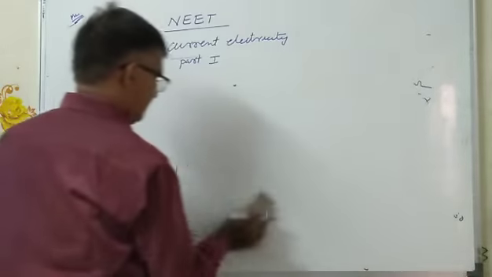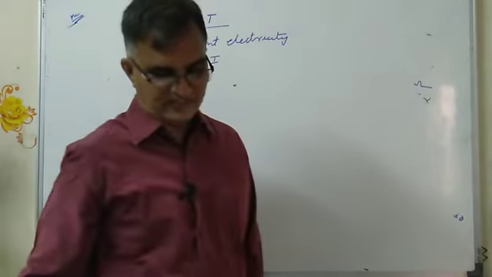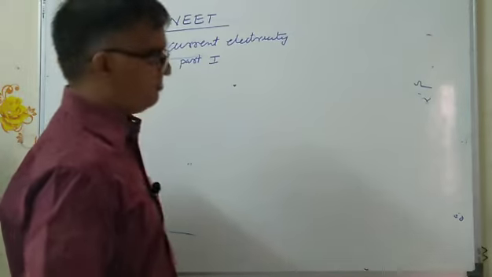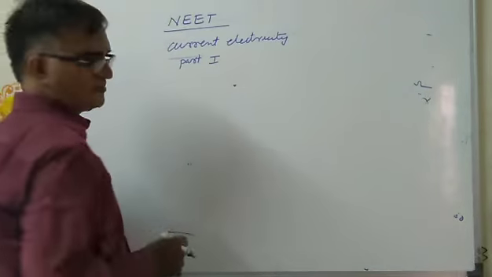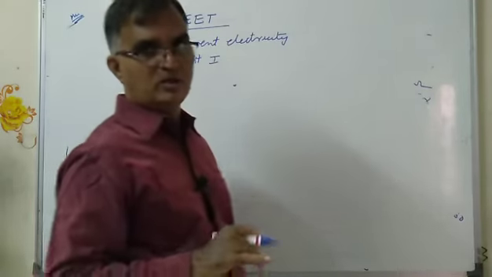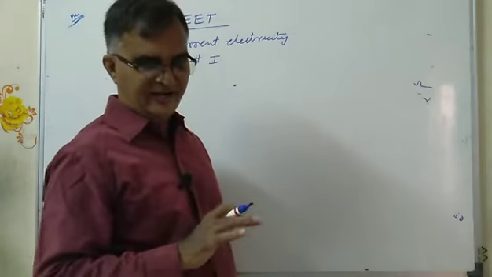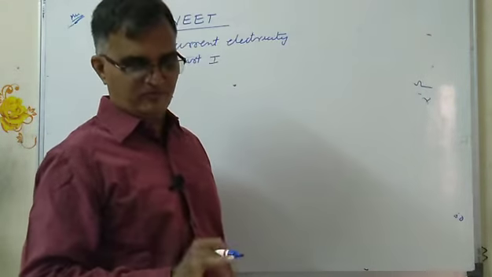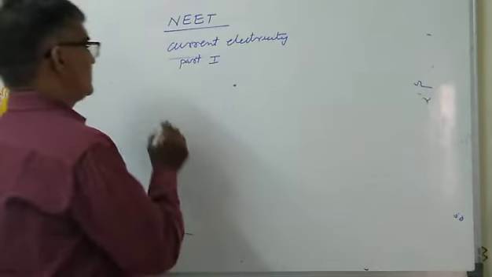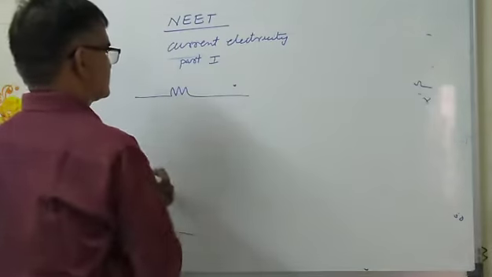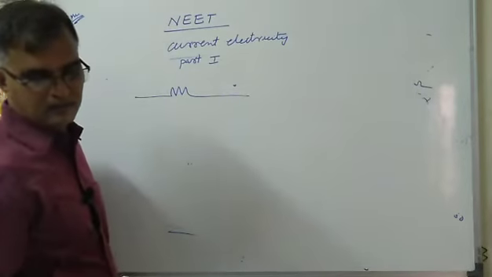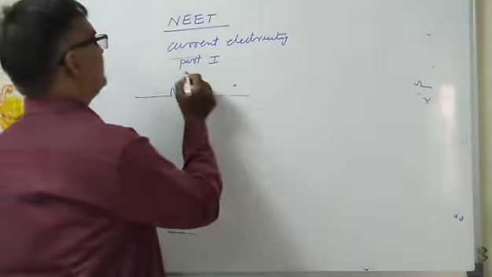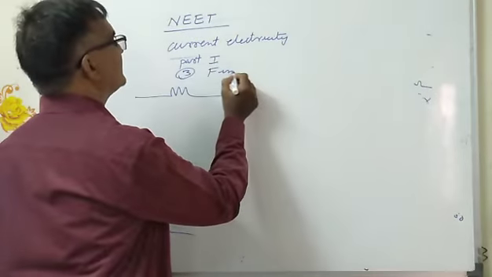Now the next problem. Based on the Wheatstone bridge you will find problems. Though the problems look very long, the answer will be simple. So you have to identify whether this circuit comes under a Wheatstone bridge or not. You have to find out by seeing. Now here you have a circuit like this. Find the ammeter reading in the following circuit.